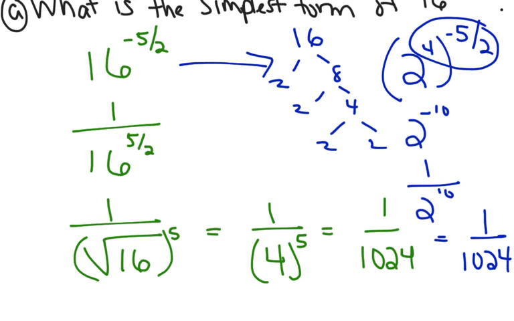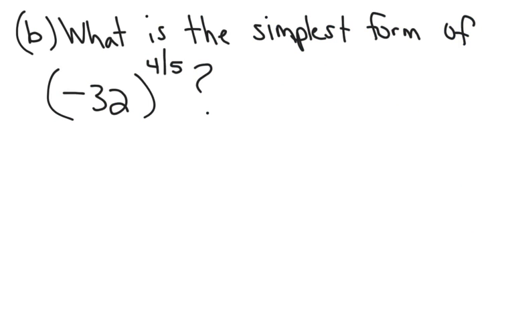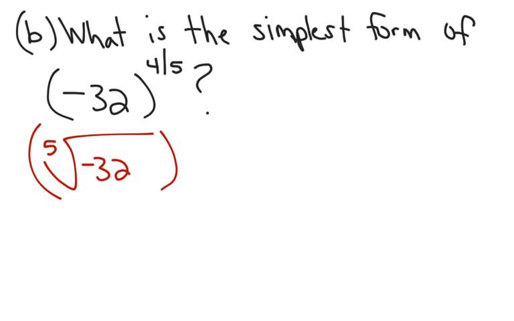So either of those ways is acceptable. All right, we'll look at this problem in two different ways as well. What's the simplest form of negative 32 raised to the 4/5 power? Well, let's look at this in terms of a radical. It's the fifth root of negative 32, and then we're going to take that answer and raise it to the